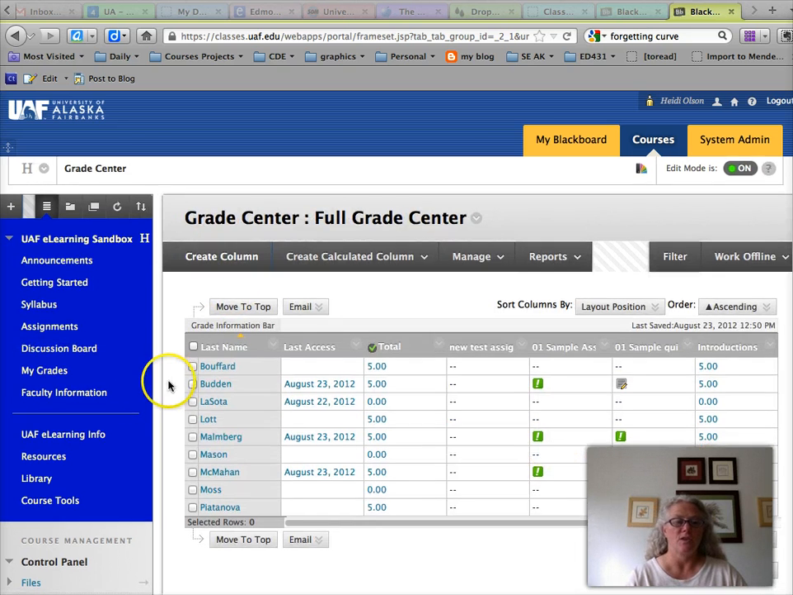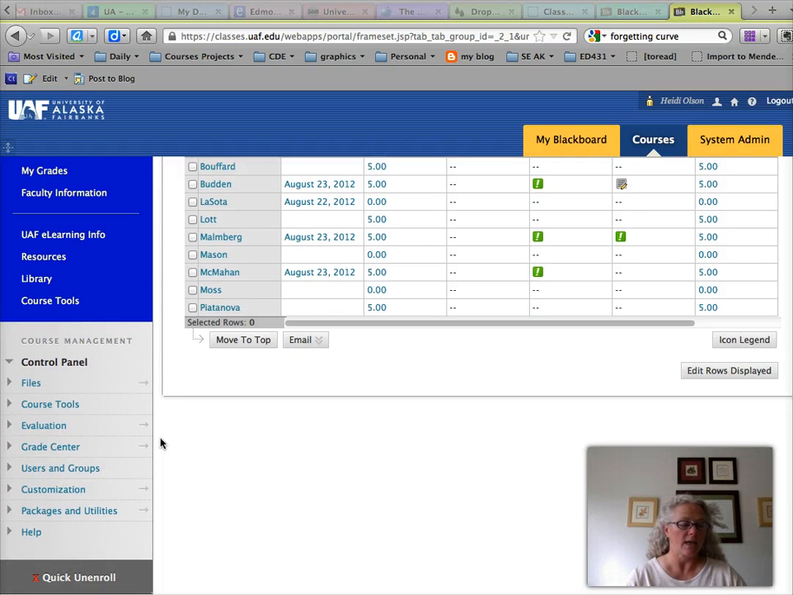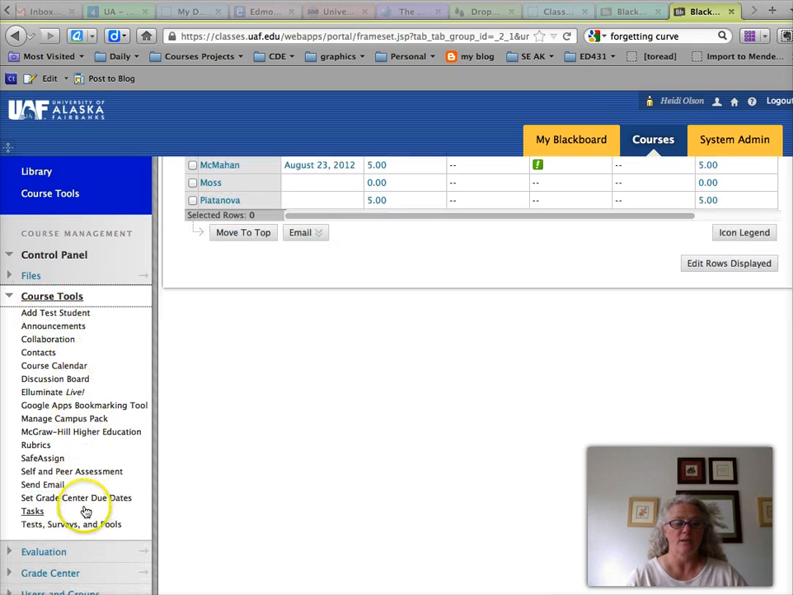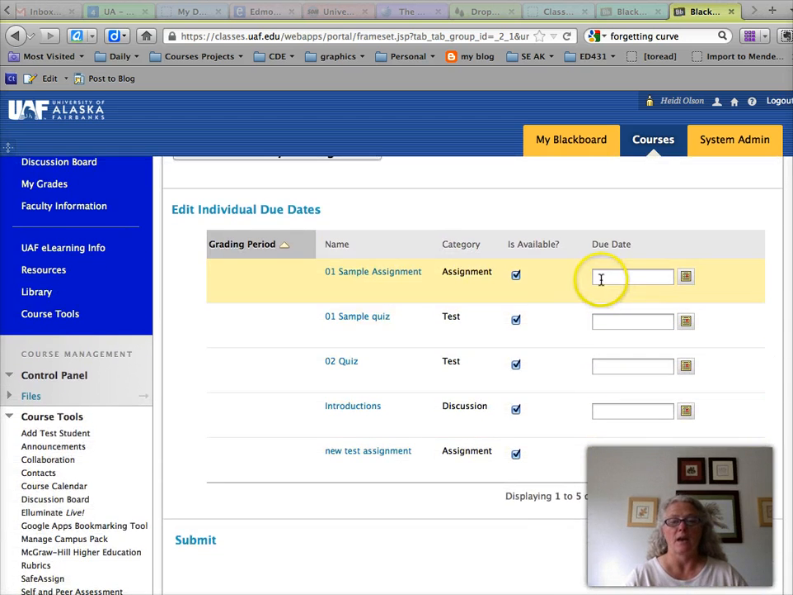Another really nice feature, a building block that was added to Blackboard, is a place where I can set all my due dates for assignments all in one place. This is under the control panel, under Course Tools, and it's called Set Grade Center Due Dates. If I click on that, I will get all of my assignments and I can enter due dates for them